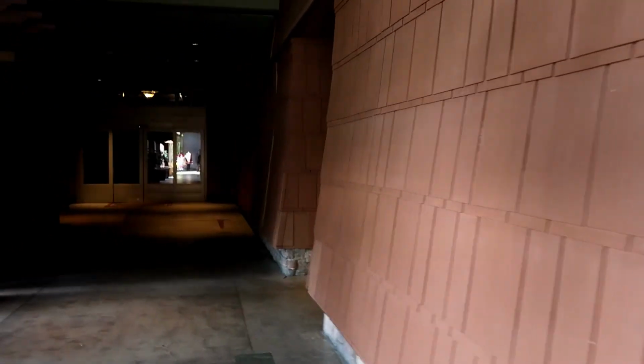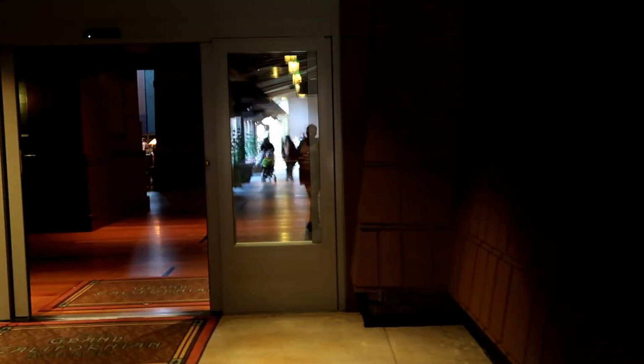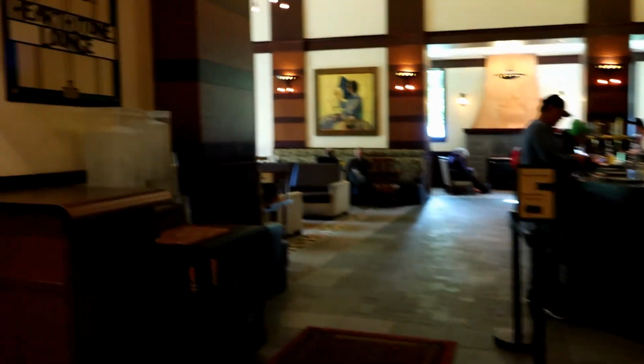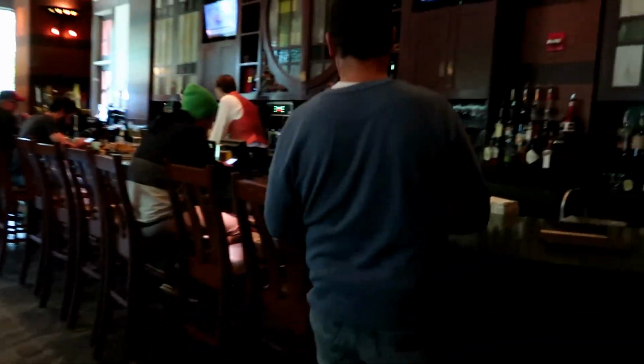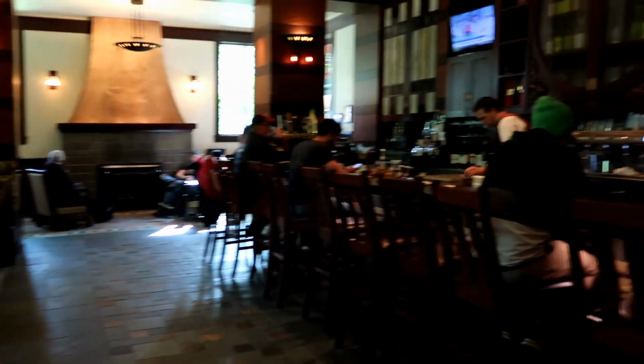I'm trying to think if there really is anything else to show you guys. It says there aren't bus stops here, you walk to everything. There aren't a lot of restaurants. I showed you the Napa Rose, but it's closed, so I can't actually show you the inside. There's a lounge over here. And they do have light eats too. So it's just bar over here, and actually I thought about maybe getting something in here in the evening, but